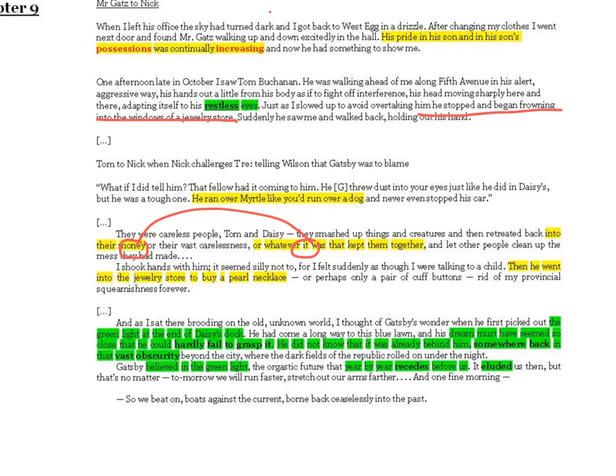"Gatsby believed in the green light, the orgastic future that year by year recedes before us. It eluded us then, but that's no matter. Tomorrow we will run faster, stretch out our arms farther, and one fine morning..."